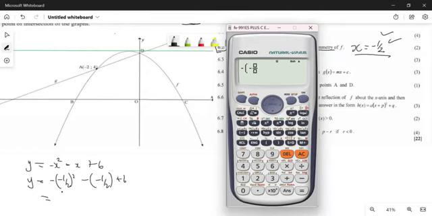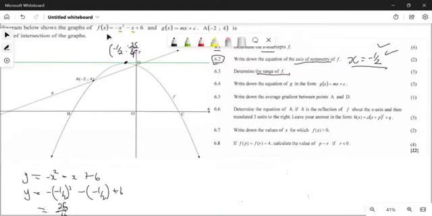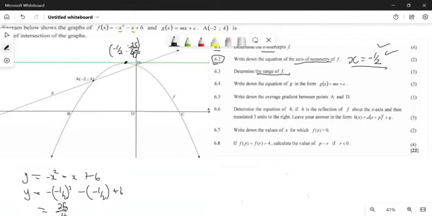25 over 4. 25, 6.25. 25 all over 4 again. Now it means the biggest value of y, this is the maximum value of y that we can have. The biggest value of y is going to be 25 all over 4. Then it means if they ask you what is going to be your range, you are going to say which